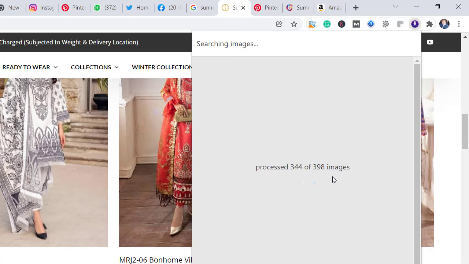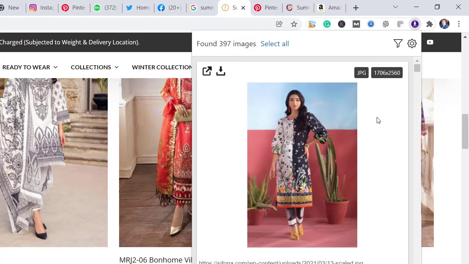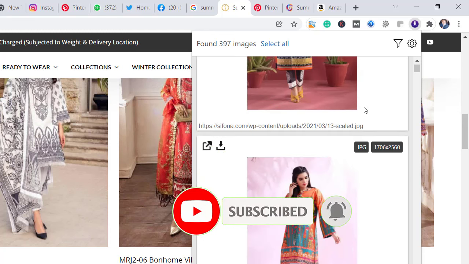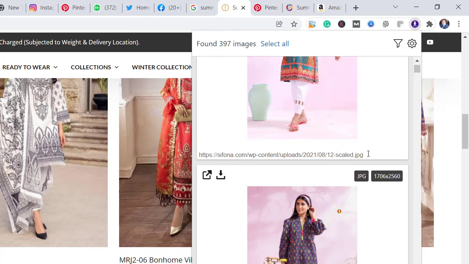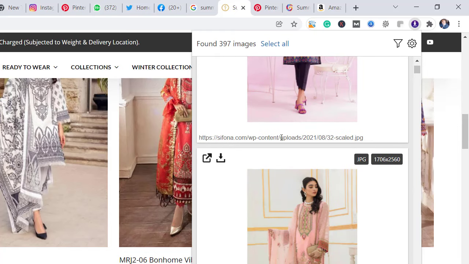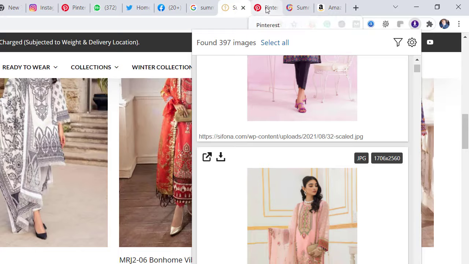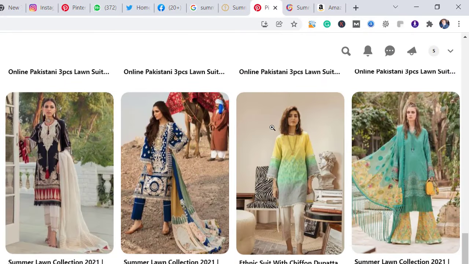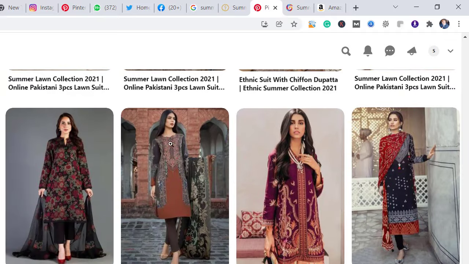There are 398 pictures on this website on the summer dresses page. It will collect, so 1706. You will see this high resolution picture, you easily download. On Pinterest these are also a collection.